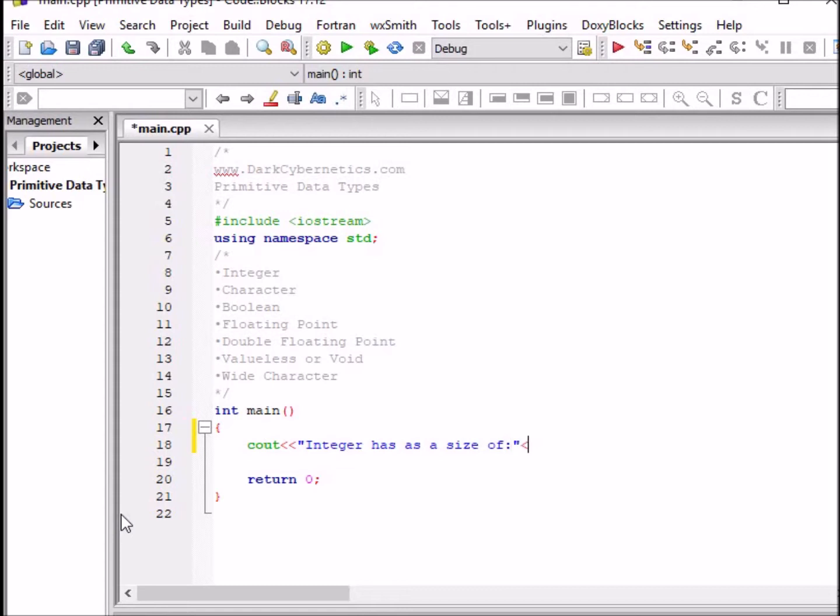Their size is denoted by using the output stream, then typing the identifier sizeof, and inside the sizeof clause we just type in the type we use, int, and a semicolon, which is a terminating statement. When we press the run button on our compiler, we should get the size of the particular int